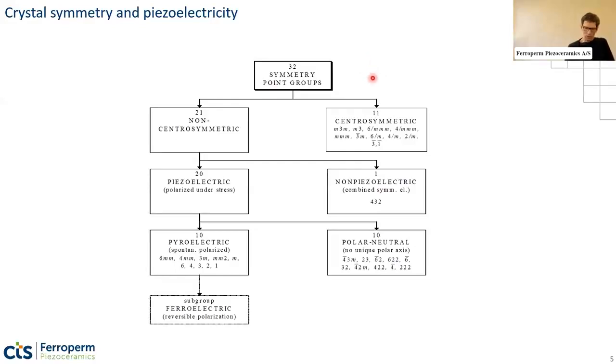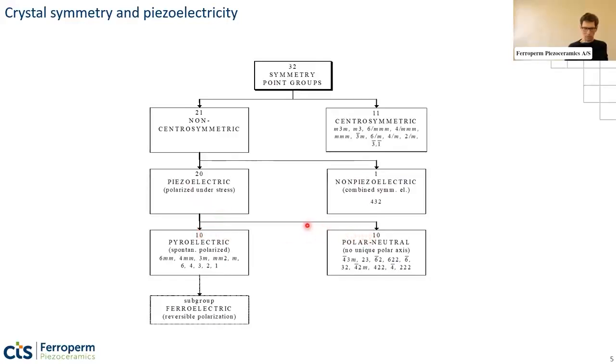As I said, it has to be non-symmetric, or asymmetric, so we can disregard the centrosymmetric point groups, and then there are 21 structures left, and then one more has to be disregarded because of some symmetry elements. Then there are 20 piezoelectric point groups, and they can be divided into 10 pyroelectric ones and 10 that